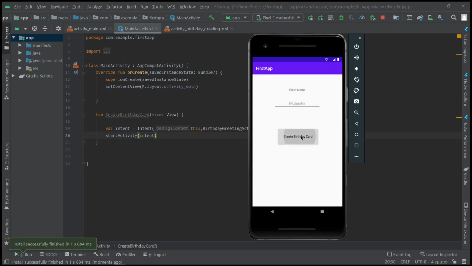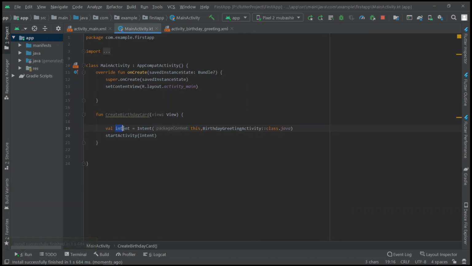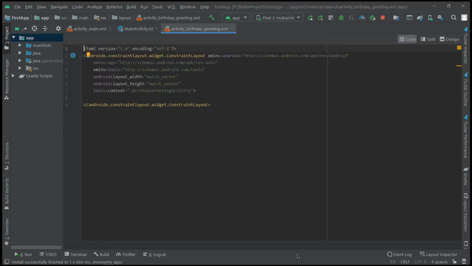Here you can see, when you click on this button, a new activity is generated using this intent. Okay, so now we have created an intent, and now we need to design this page.